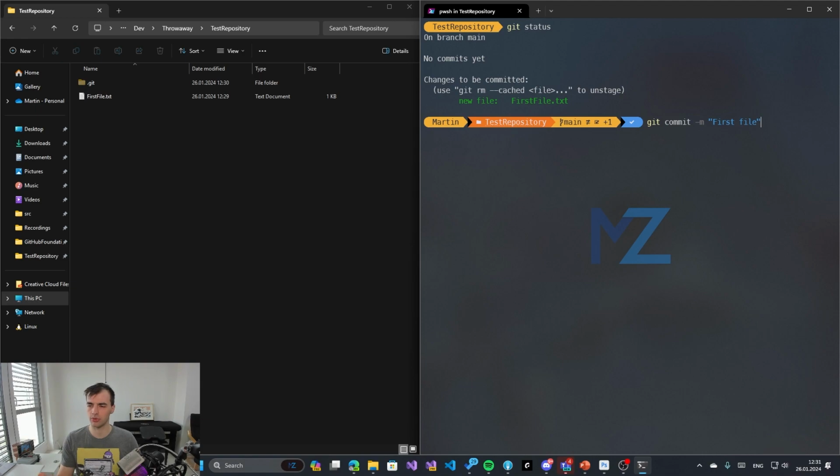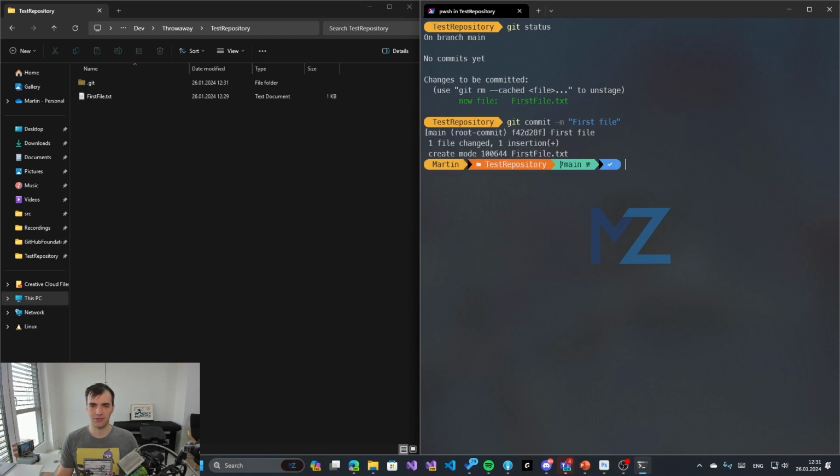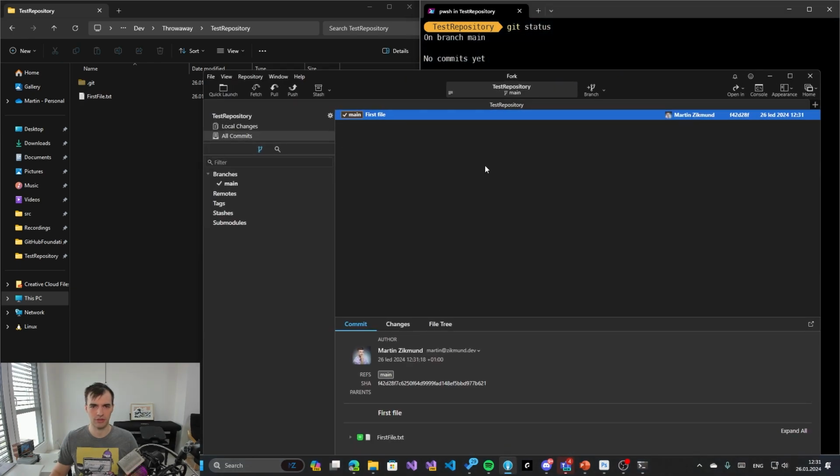This is a user-friendly description of the changes that happened in that specific commit. So if I do enter, this file is now committed, and it created a commit on the main branch. So you can see that we are on the main branch, nothing is there to commit, but if I look in the visual